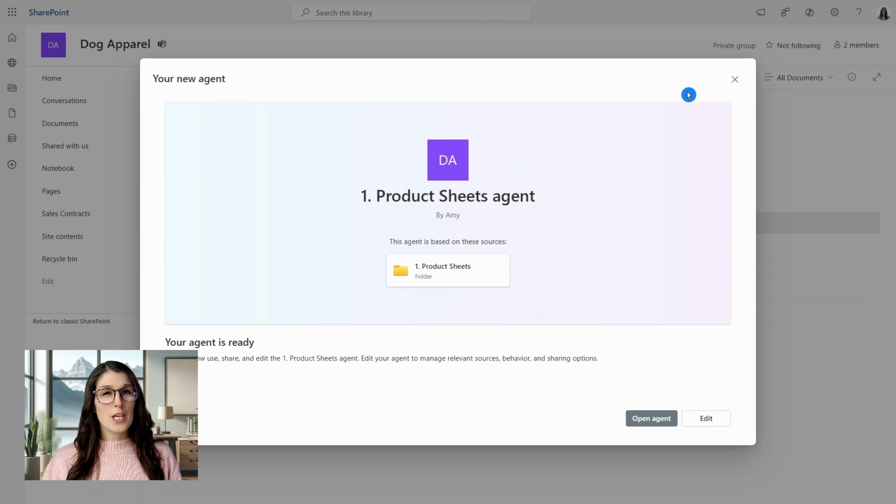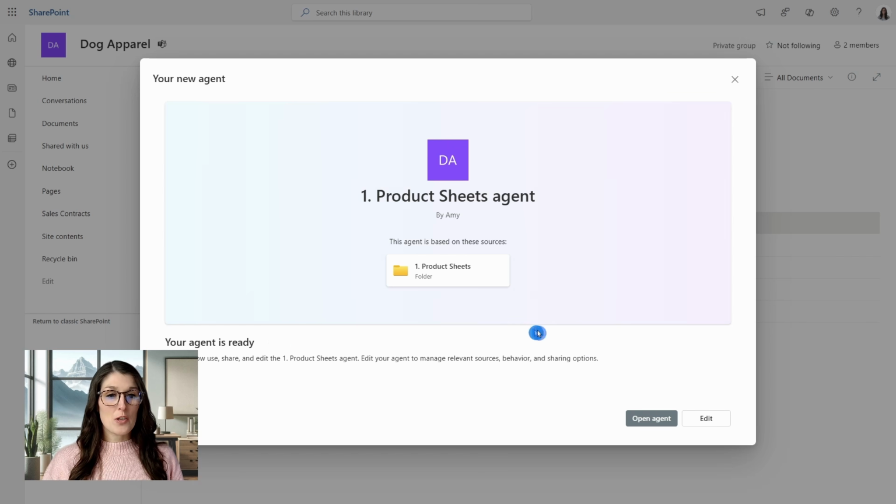I would not worry too much about the sources that you select when creating the agent, because we are going to dive into some advanced customizations for the sources in just a moment. And here we are. Our agent is ready. So we can see how easily we can create these agents, but when we get down to those customizations, there are some specific items to be aware of in order to tailor it to your needs.